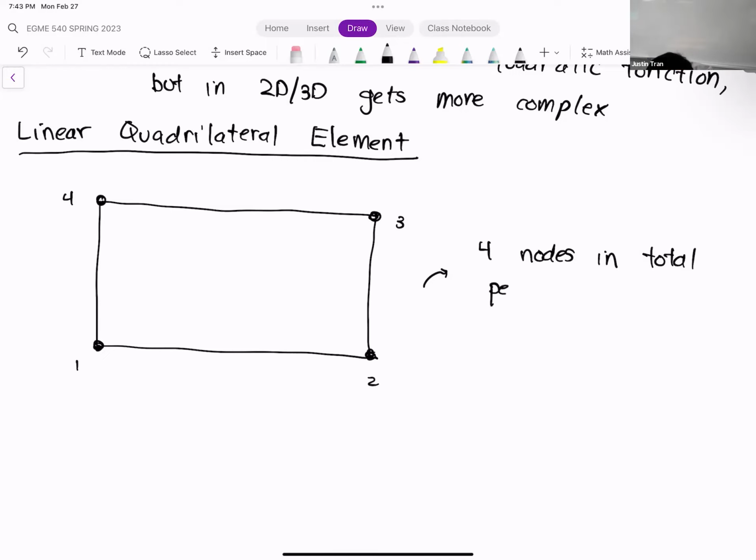Different node total per element. And so the number of nodes is going to be significant, because basically each node in our element is going to give us 1 additional term in our shape function. Okay?